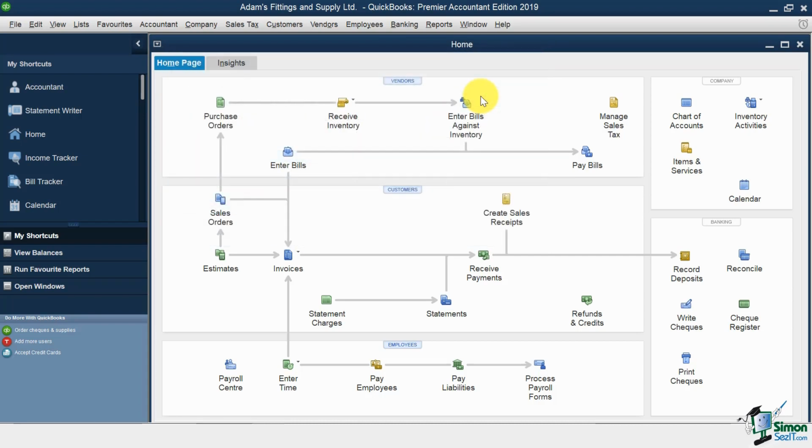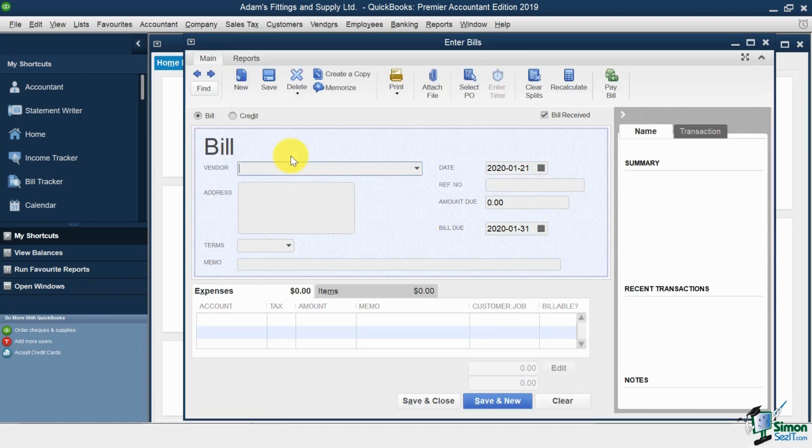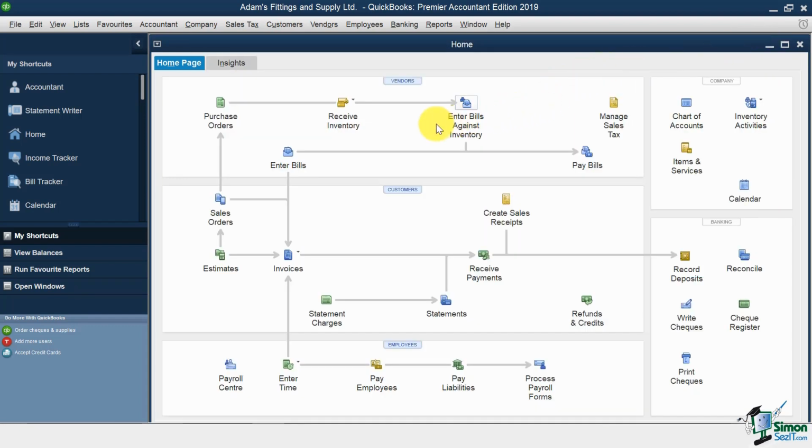I'm going to click Cancel. You can also enter bills whether they relate to inventory or not. For example, if you just want to enter a hydro bill, using the function here that says Enter Bills. This function will create a payable for our vendor based on the amount we enter for the bill. Then once we're ready to pay off the bill, just going to close this, we would select Pay Bills,